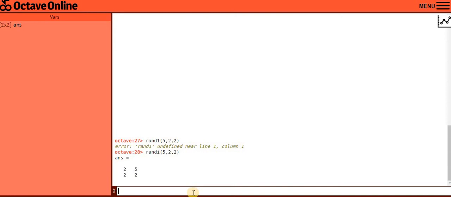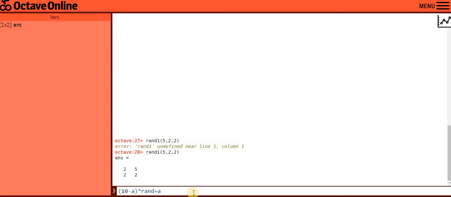Now if you want to change the range and you don't want the range to start from 1, so if you change the minimum range, then what's the formula for that? I am writing the formula. Firstly you need to write b minus a, then the multiplication sign, then the rand function, then plus a. This is the basic syntax, the formula, where the range is a comma b. Now I'll be changing this.